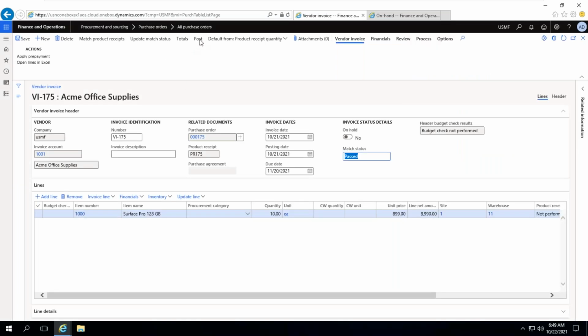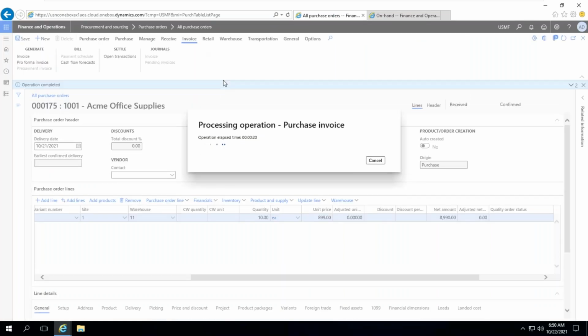Okay, I'm clicking on the post button. If you post the invoice, the financial updates will happen, like which account will be debited and which account will be credited. Those things will be executed at the time of invoice posting. This invoice posting is a part of finance, so for a TML consultant it is not required, like ledger account receiving. But a finance consultant should know about what is debit and what is credit.